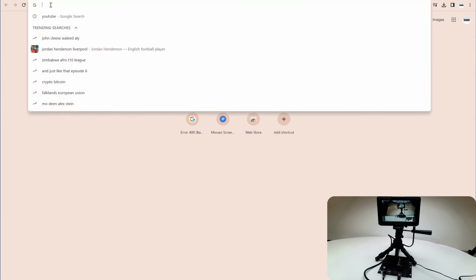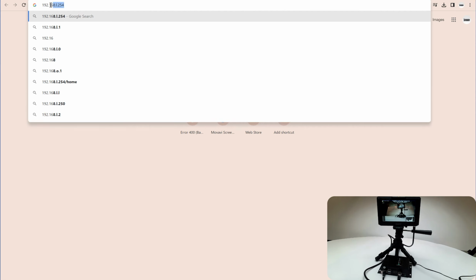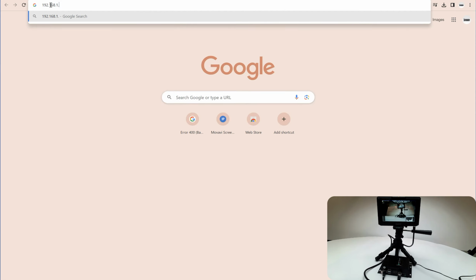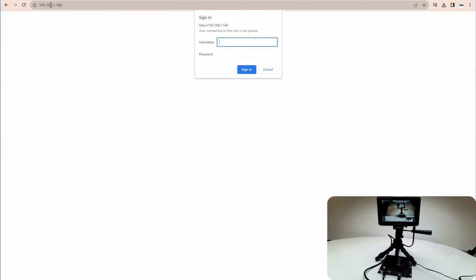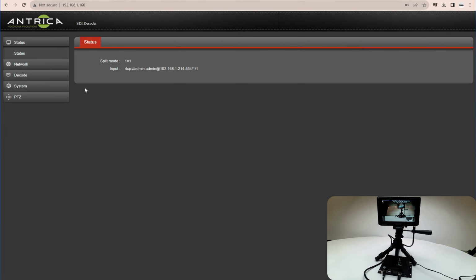So the first thing I'm going to do is log into the web page, which is 192.168.1.160. And here you can see it's asking me for the username and the password, admin. Save that. So this is the web interface to the 2700, and in the bottom right hand corner you can